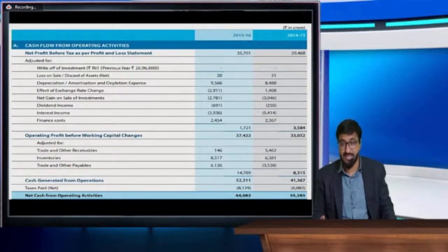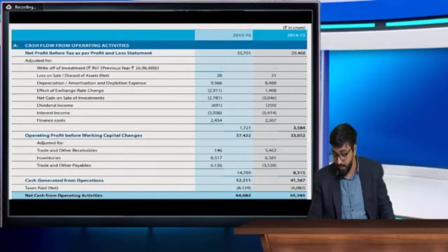Because it is an investing activity. Then depreciation is non-cash. Effects of foreign exchange rates, I'm going to explain that later on. Net gain on sale of investment, again an investing activity. Dividend income is an investing activity. We have to eliminate it. And interest income. And the last one is finance cost. So finance cost is your